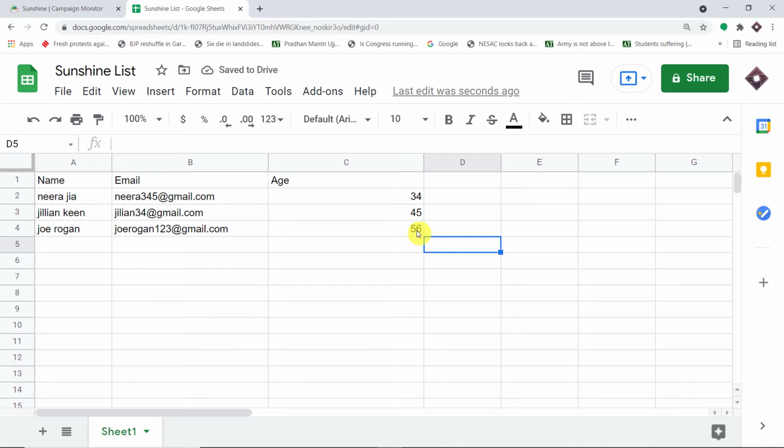So you must be thinking, how did I do it? How did I manage to send the data from Campaign Monitor to Google Sheet? So basically here we are using an integration and automation software called Pabbly Connect that will integrate Campaign Monitor and Google Sheets. Now before I show you the steps, how about I show you a small perspective?